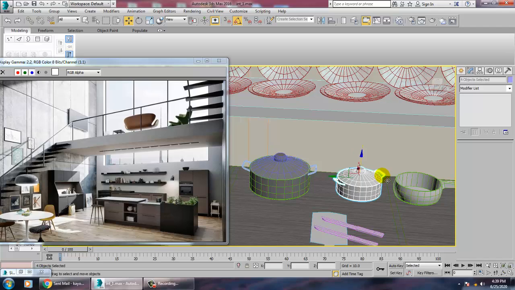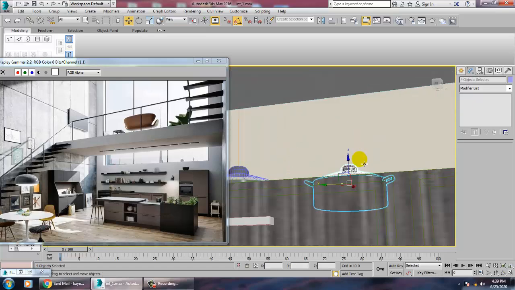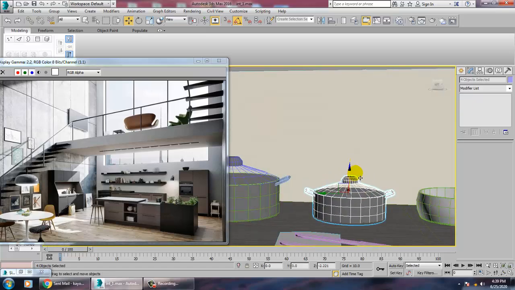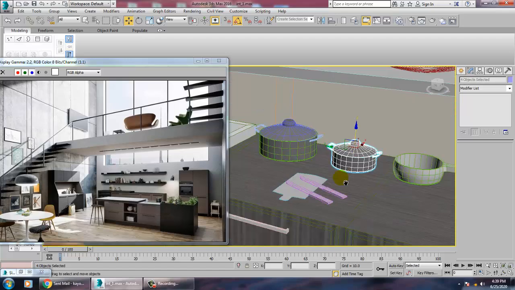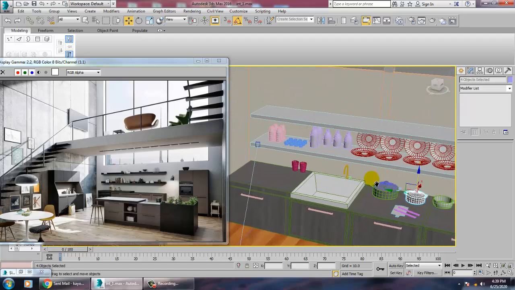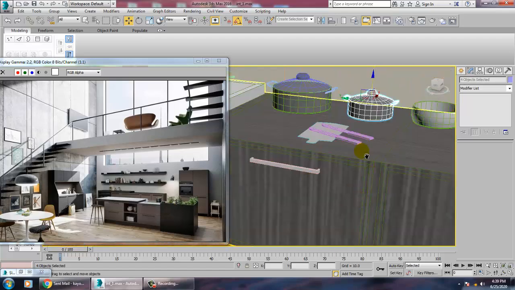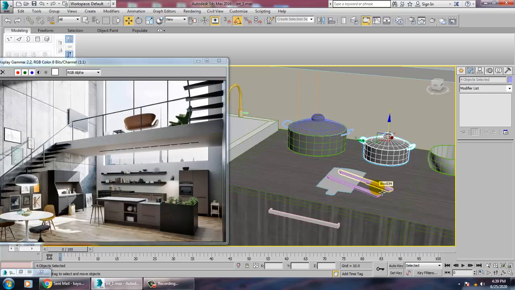So we'll just delete this and we'll just take a copy of it, reduce the size of it and just push it down. So there are a lot of things, so the texturing takes time over here.